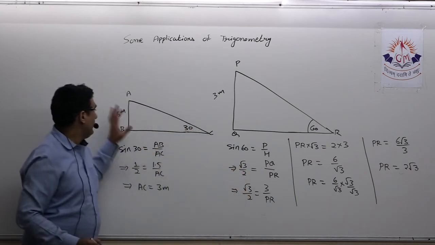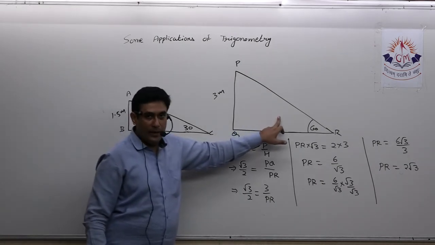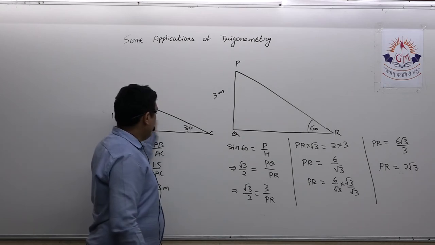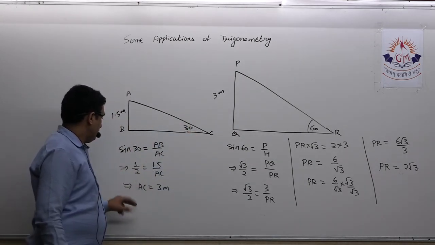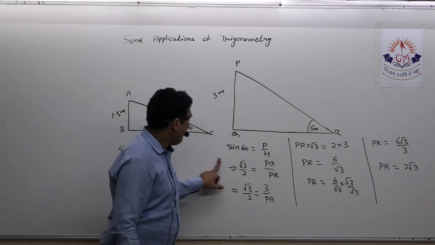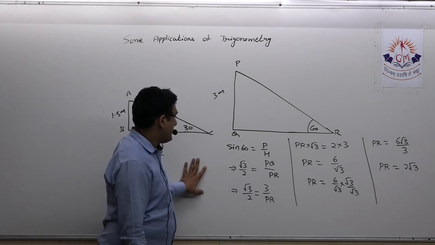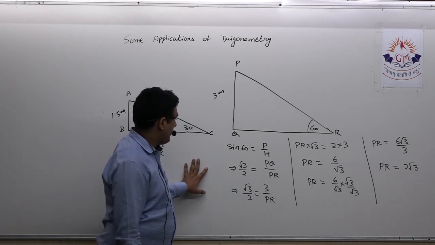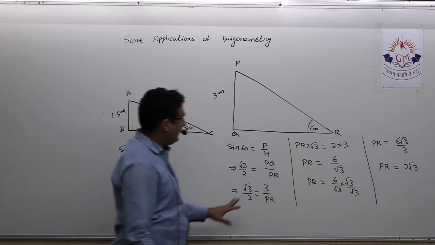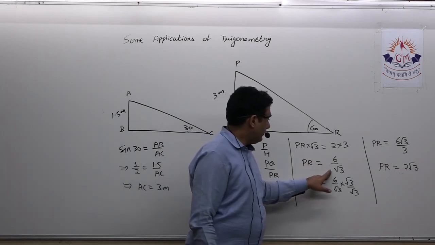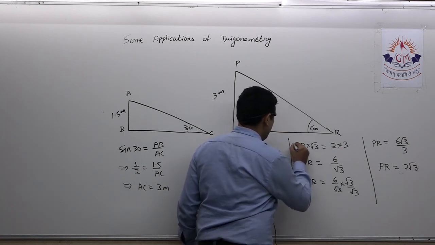It was very simple. Simply perpendicular in both cases will be given to you. The angle in the first case is 30 degrees, the angle in the second case is 60 degrees, and we have to find the length of the slide. I am checking whether there is any mistake. Okay, it is correct. 6 upon root 3 and 2 root 3 finally. So this is the final answer.